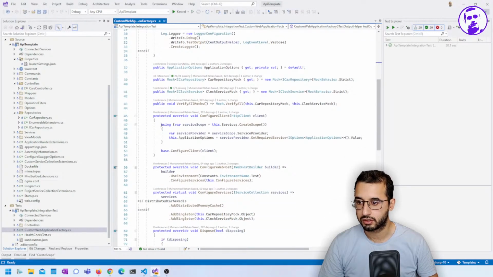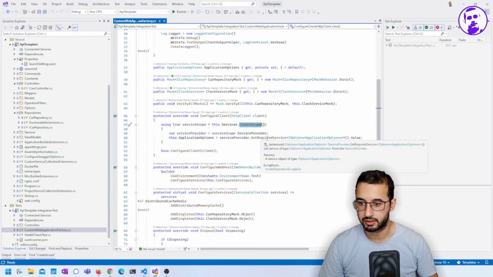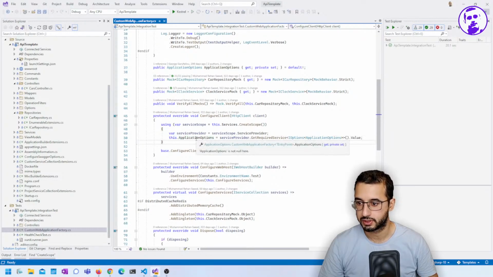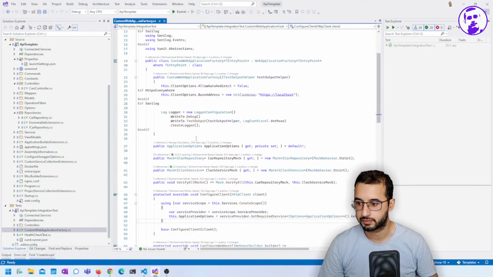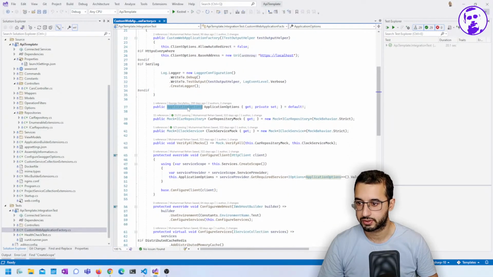And the reason we're using create scope is so that we can new up this IOptions type, application options. There it is. So that allows us to just